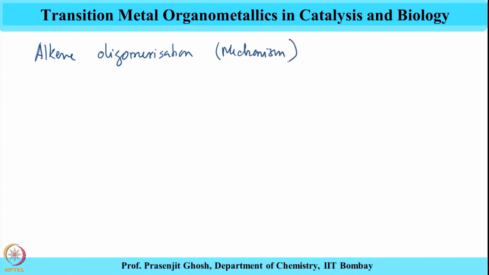Mechanism. Now, the rule of thumb is that if it is an electron rich metal, then oligomers are preferred, whereas if it is an electron deficient metal like an early transition metal, then polymers are preferred. So, for Ziegler-Natta catalysis,